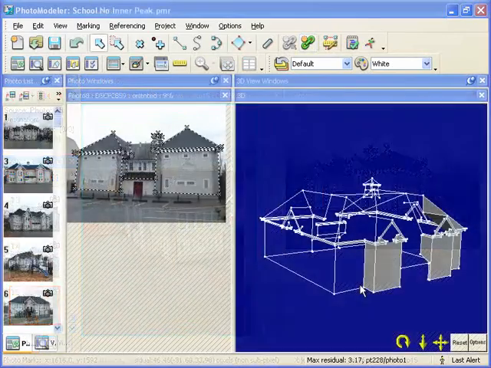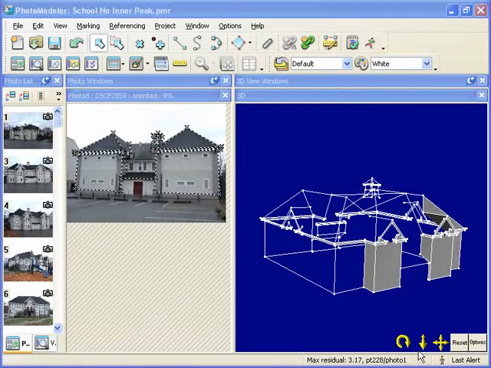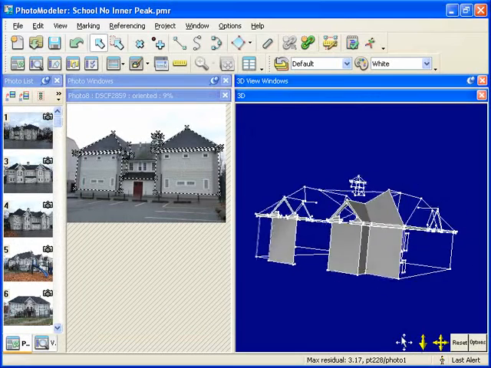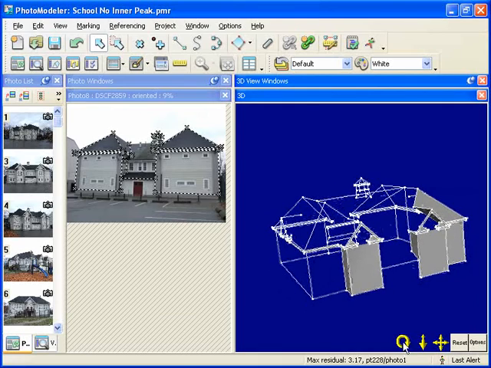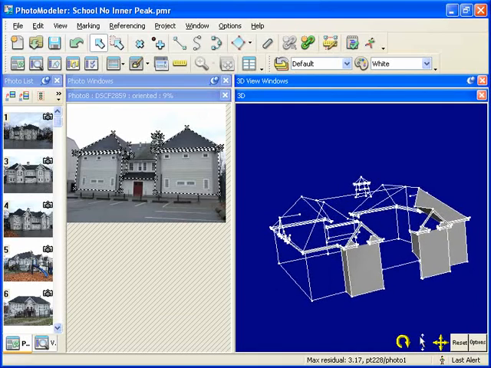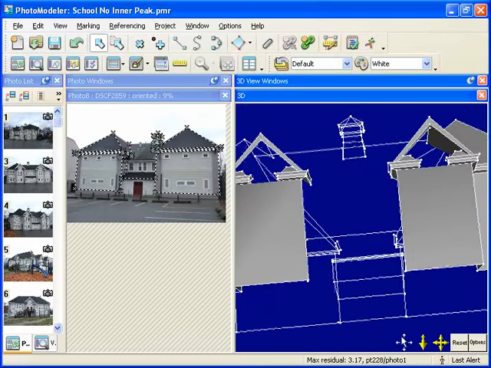Here we have a mostly finished model. We have imported all the photos we need and marked and referenced key points on them. This section of the building, the interior peak, has not yet been modeled. We need to find appropriate photos to model it from. We could do so by visually inspecting our images in the photo list,